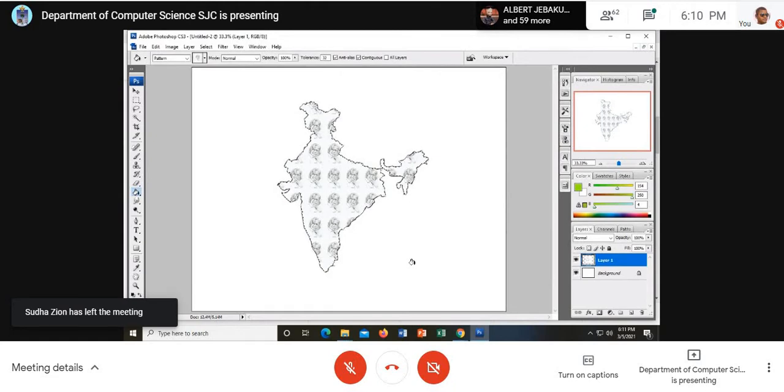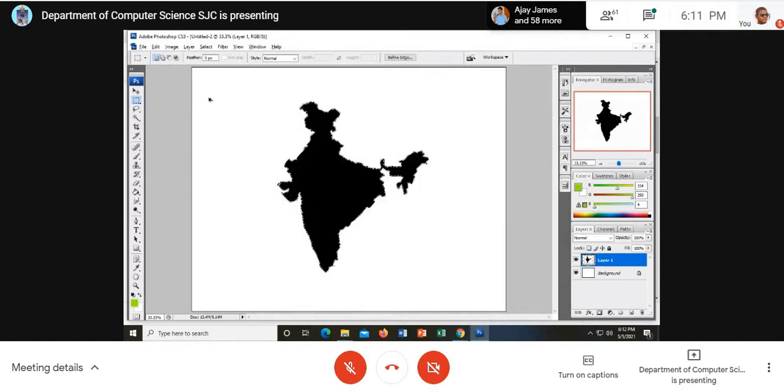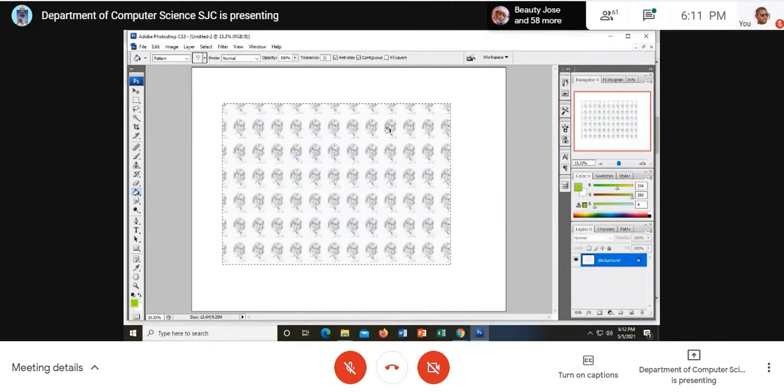Why should you resize? I don't know, sir. I'm asking why you resize. Madam, I don't know whether I am getting you properly. You have chosen this rectangle, yes? Now I click here and that's all. But it is not coming, sir. Have you chosen the pattern on the top?